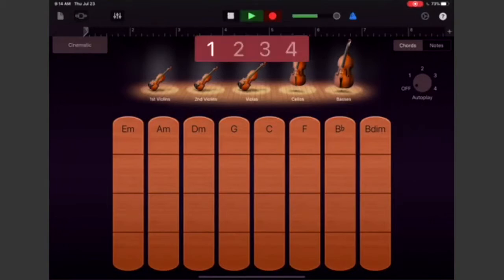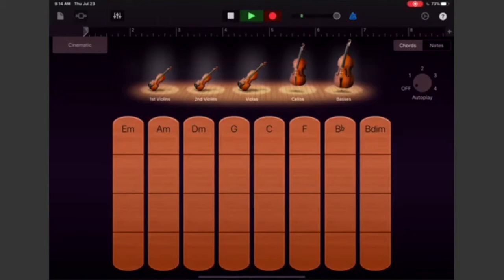So if I go to record, it will count down. My metronome is blinking in blue. If I don't want it, I can turn it off. And then the record is going to be red. And once you hit stop, if I had an instrument there, if I had music going, it would turn green. Next to that is my volume where I can turn up and down my volume. There's the metronome again beside that.